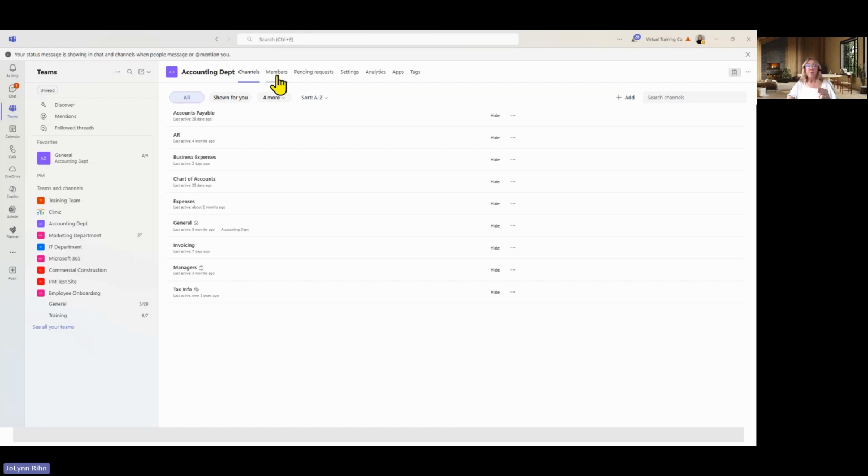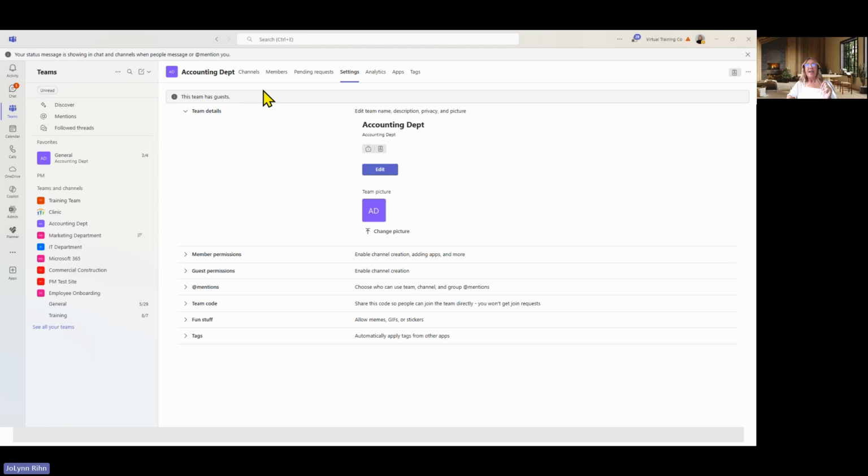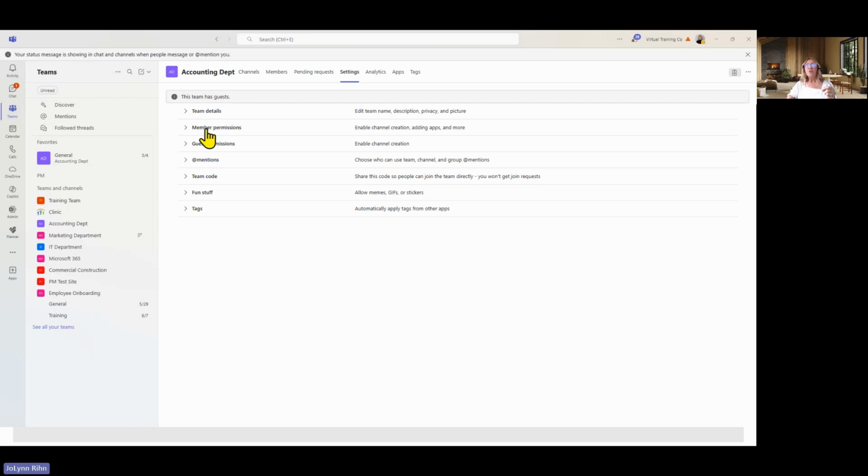So if you want to start setting up your channels, you could do that right from here. Now, I'm going to skip over members because I want to go to settings. That's usually where I go first. I usually go straight to settings. The team details is where you could change the picture and you could edit the name. So if you want to have a different image instead of the default image, you could choose change picture. Now, I'm not going to worry about doing that right at this moment, but if you go to member permissions,